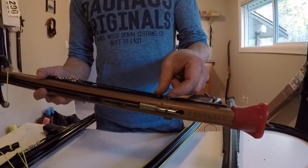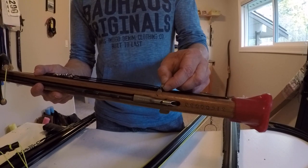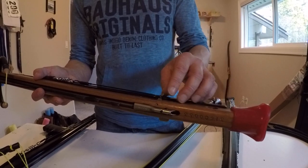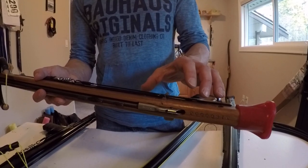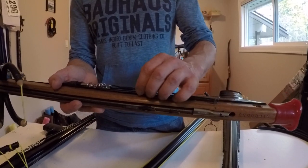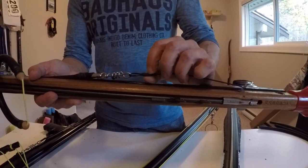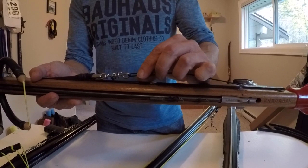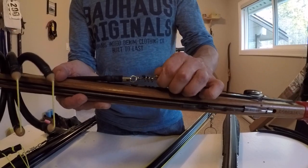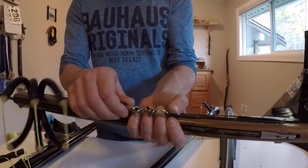The line release on this gun is nicely polished. It stands fairly proud. It's easy to use. It doesn't score your line at all. Everything works very well in this area of the gun for sure. This line is a black heavy mono, and they finish up their lines very well. These are the crimps underneath there, and they finish them off with a heat shrink type tubing, and that goes to your swivel and your pigtail here, which are quite large and heavy duty. They're very robust